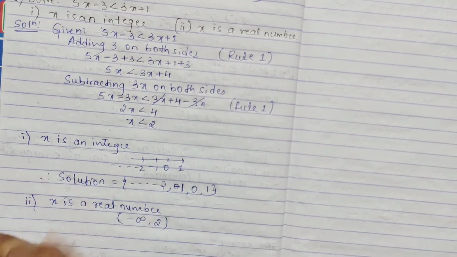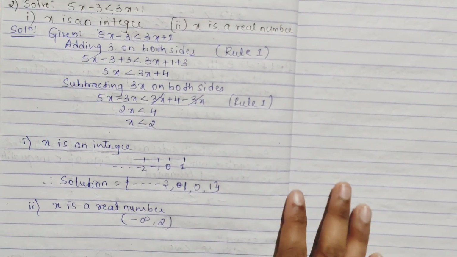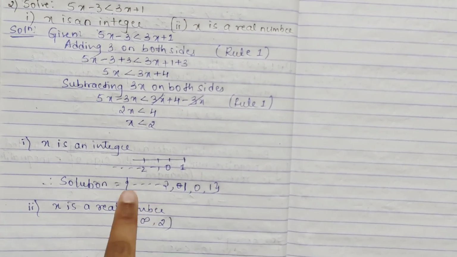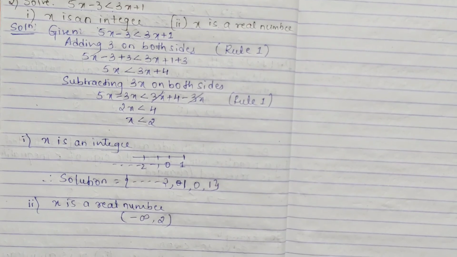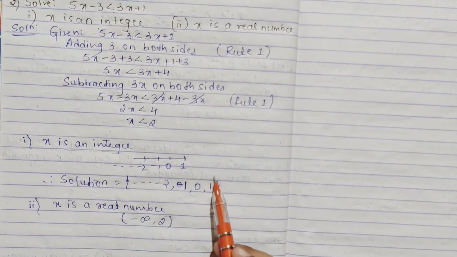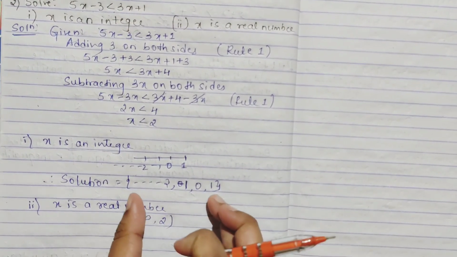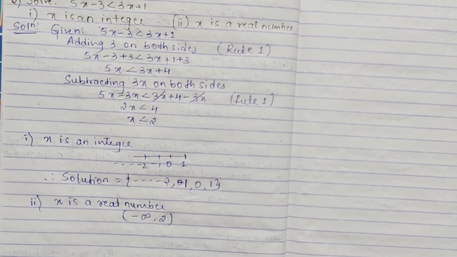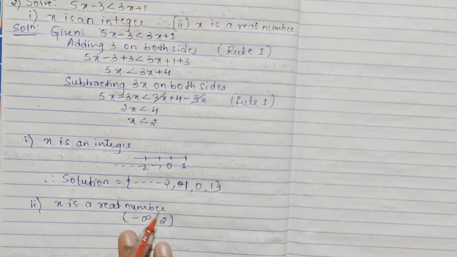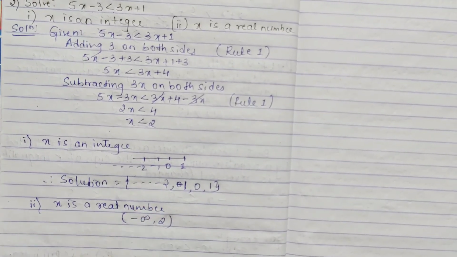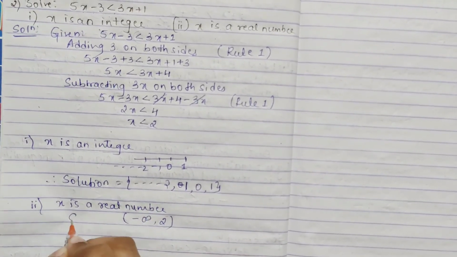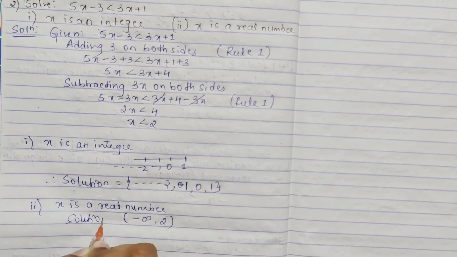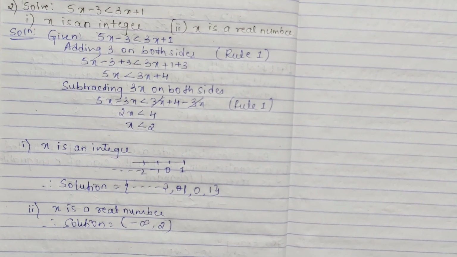Here also it is the same, right? In integers also we get the same. From minus infinity, and 2 is excluded, just the numbers in between are included. Even the same, you are just writing it in your set. This is your solution set, you can write the solution set directly. This is your real number.